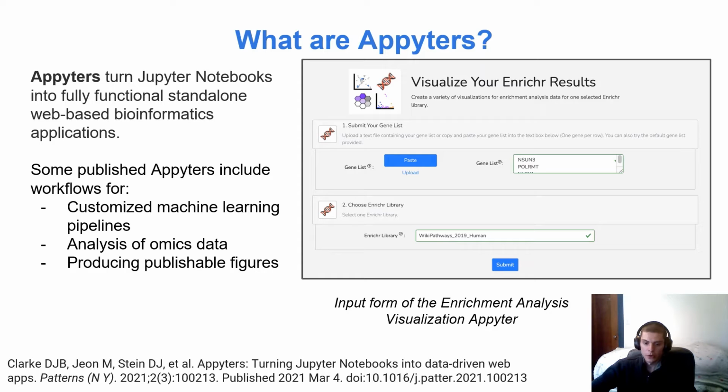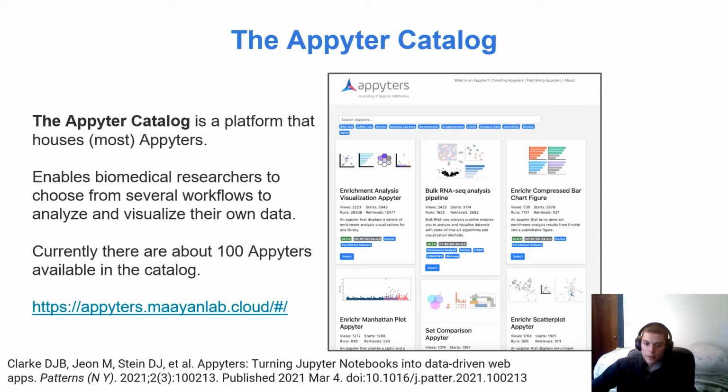The form shown here is from our most popular Appyter, accessible from Enrichr. This Appyter visualizes enrichment results in the context of the underlying library. The Appyter Catalog is a public platform housing most of the Appyters we develop, making them searchable and operable on our cloud resources. About 100 Appyters are available today for performing a variety of bioinformatics analysis workflows and producing persistent